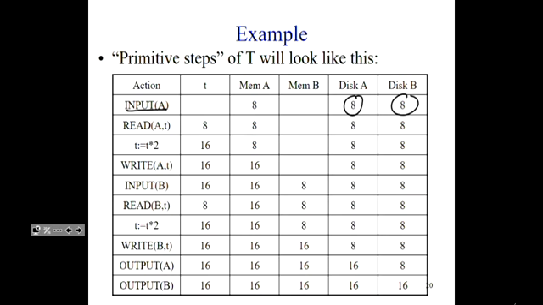So the action being taken here is input A, so basically you're reading from disk to memory, and then read A comma T, so you're copying the value from memory to the variable T. You're doubling T here from 8 to 16, and then you're writing 16 to the main memory buffer location for A. Then you're inputting B, so from disk to memory, you're reading B from memory to the temporary variable, you're doubling it, then you're writing it to